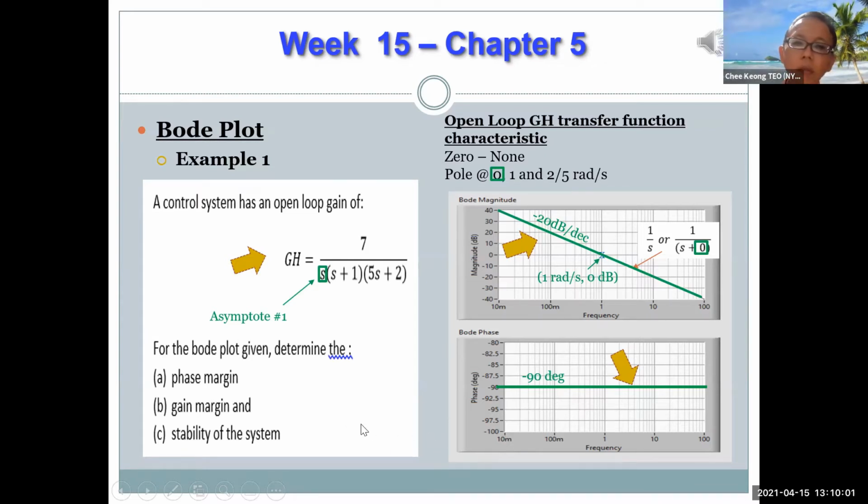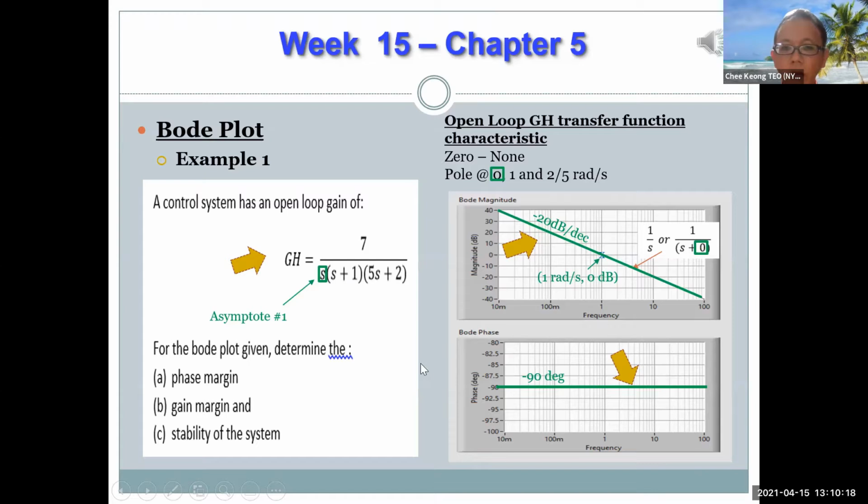How many times do you need to divide in order to get to 0? It's almost infinity, negative infinity. That's why 0, we cannot put it in the scale, so it's very far away. So therefore, for this case, the slope down, that means the slope down at 0, divide at 0, 0, and